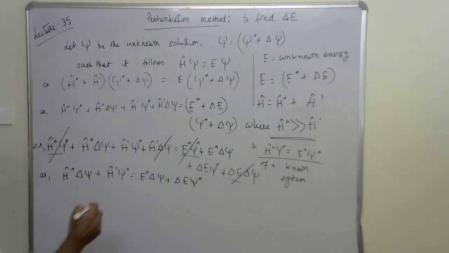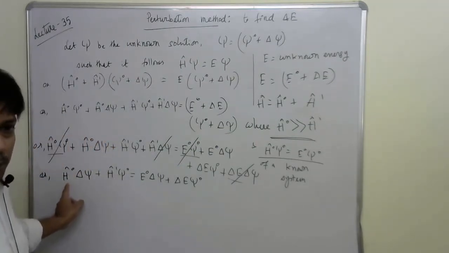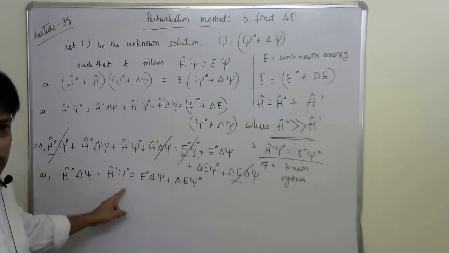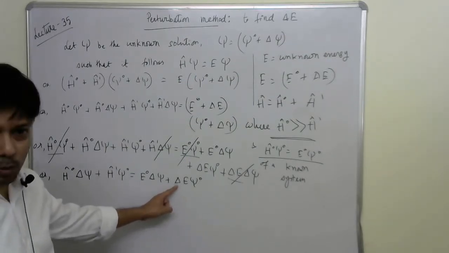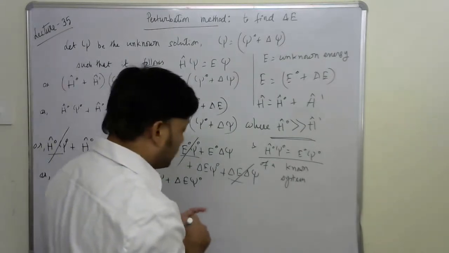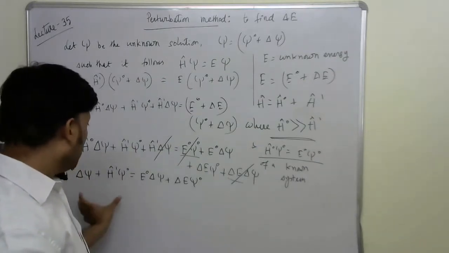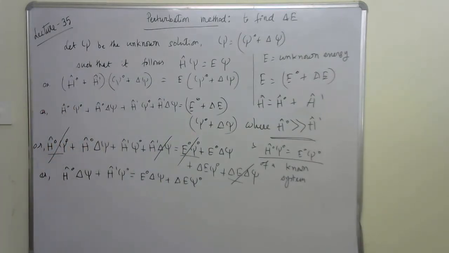Okay? So if we look at this equation carefully, you see each of these terms here is a product of a big term and a small term, a small term and a big term, a big term and a small term, a small term and a big term. So wherever we have such a product of a big term and a small term, definitely we cannot neglect it, number one. And number two, each of these terms has a name,